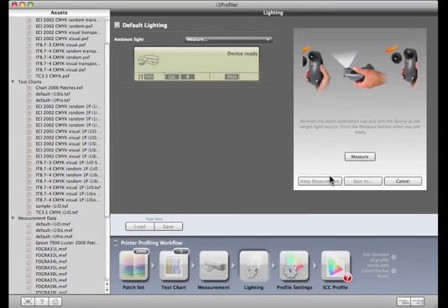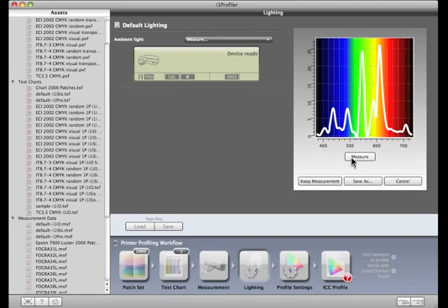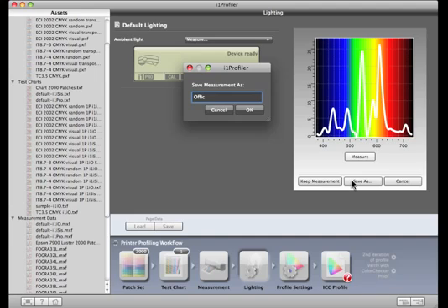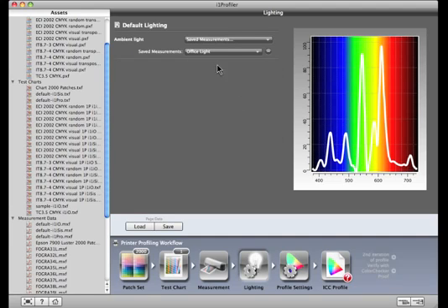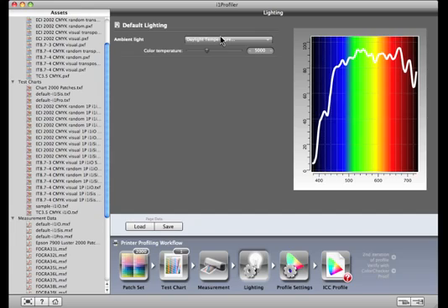Point the instrument with its white diffuser towards the light you want to measure and click the Measure button. See how the graph changes to show the energy distribution of the current lighting conditions? Click the Save As button to save this measurement. It will show up in the Illuminate Measurement menu and can be used for this profile and others made in the future. The third option is to use the slider or enter the value of the lighting condition that you